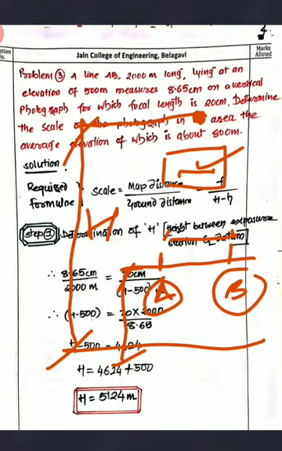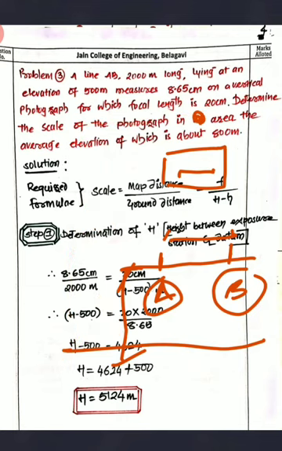After determination of that capital H, what he is asking is, suppose the height changes. If this small h, instead of 500, you take it as 800, then what will be the scale? So in a single problem they have asked two separate sections. One is you are supposed to find capital H for the elevation of 500 meters. When small h is 500, what will be the capital H? And as you get that capital H, by using it you are supposed to determine the scale by taking small h as 800 meters. So we'll solve that problem. You can understand as we go further.